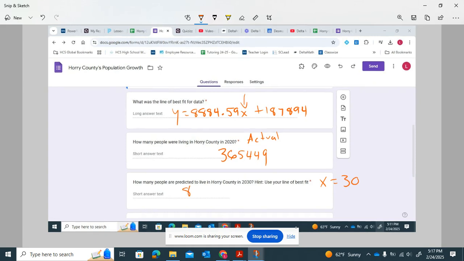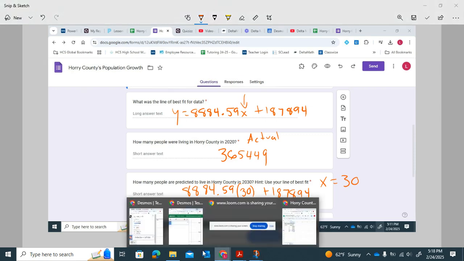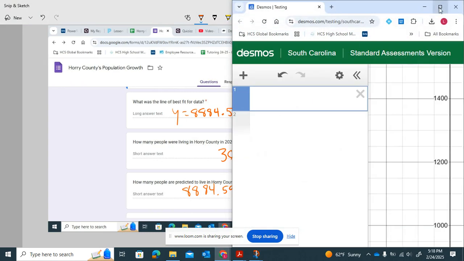What you're actually typing in is 8884.59 in parentheses 30 plus 187,894. You take that and plug it into Desmos, and it should give you how many people are predicted to be living in the county